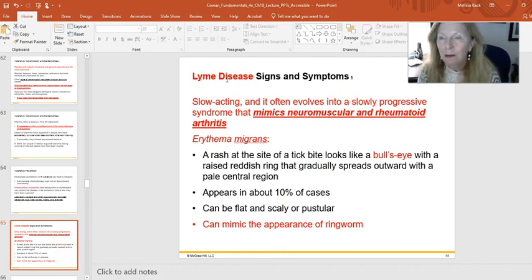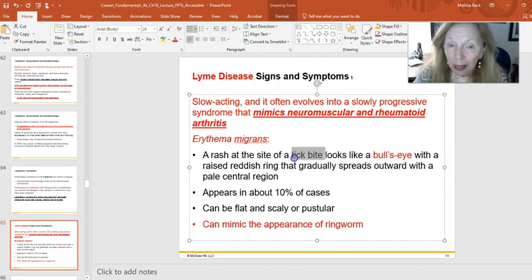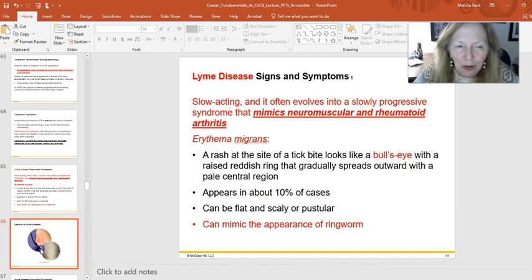Lyme disease. Lyme disease is from a bacterium called Borrelia burgdorferi. This is a spirochete. It is going to be transmitted through a tick bite. It sometimes causes a rash in people that is referred to as erythema migrans, which is a redness that's moving. That's what that would literally mean: red that's moving. It gives a bullseye kind of appearance. If somebody had that clear sign, that is so nice, because then you kind of know what you're dealing with, and you know that you can go ahead and treat it.